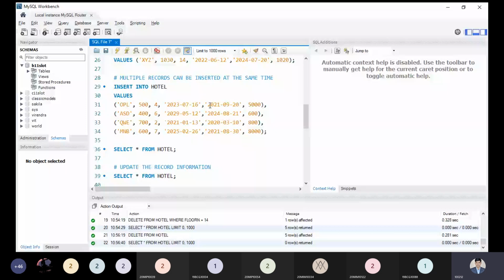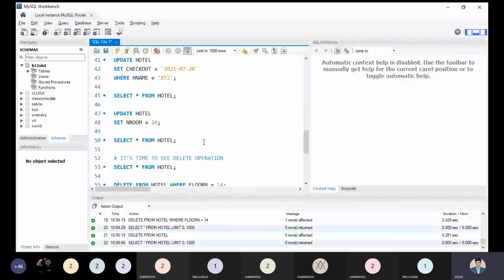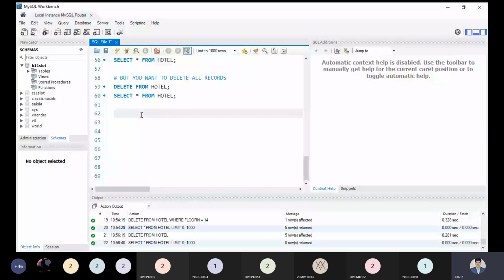I'm just coming back to my DDL command right now. After understanding all the DML operations, let us go back to the DDL. This is the place where we can see what you have seen so far: duplicacy, or we can say redundancy.